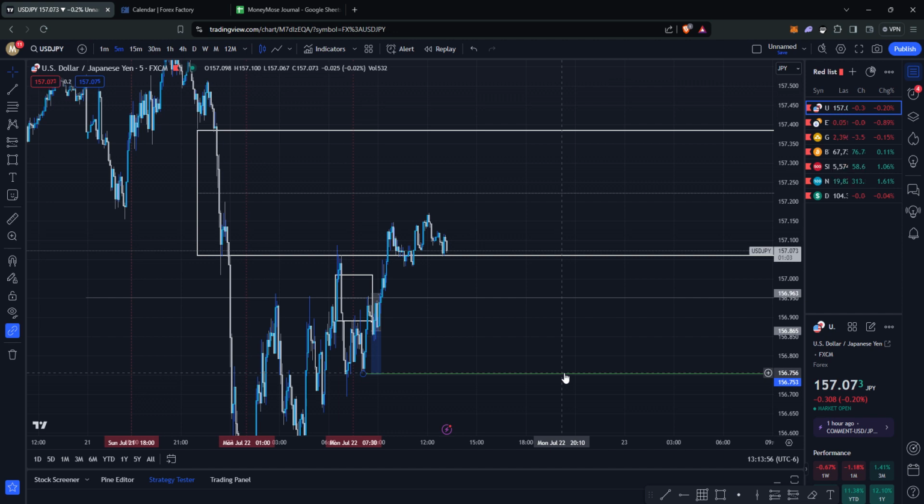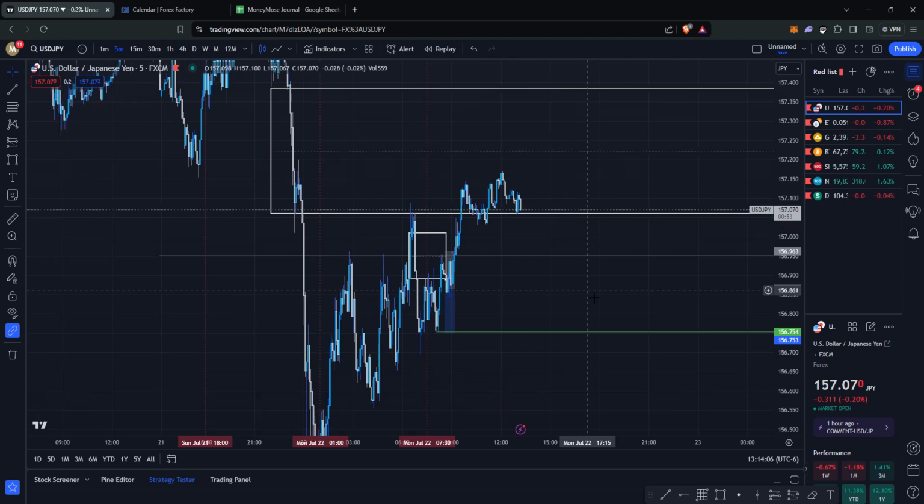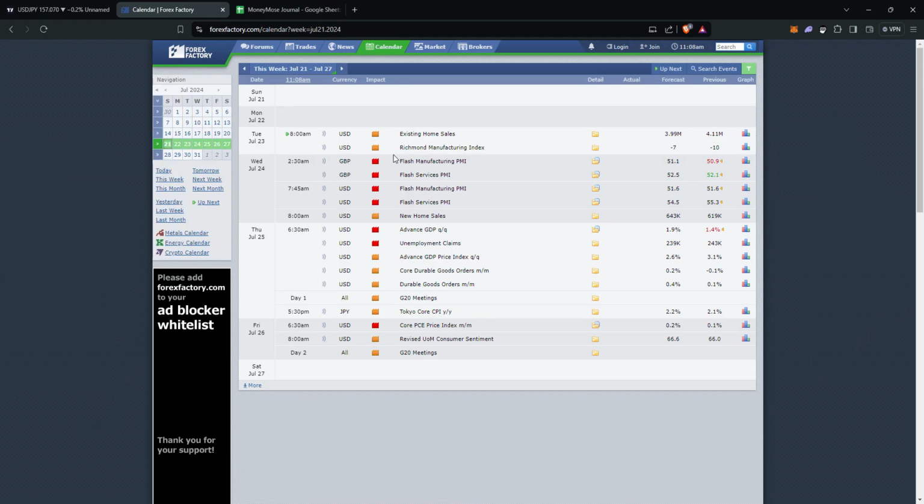All these losses are going to pay off one day. They're just learning lessons, man. So taking it day by day. We didn't have any news today. That's why I also feel like it was kind of choppy, because it was a no-news Monday. But tomorrow we've got some news at 8 a.m., just orange folder, shouldn't be too bad.